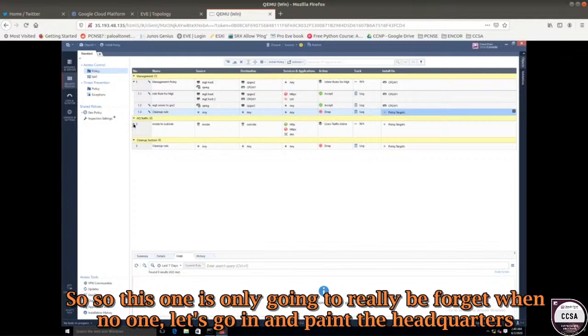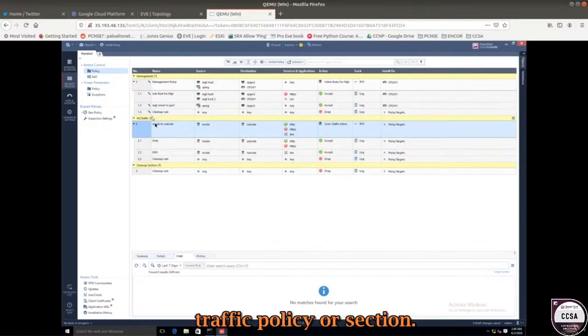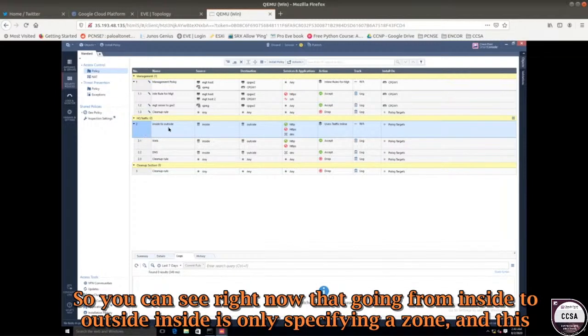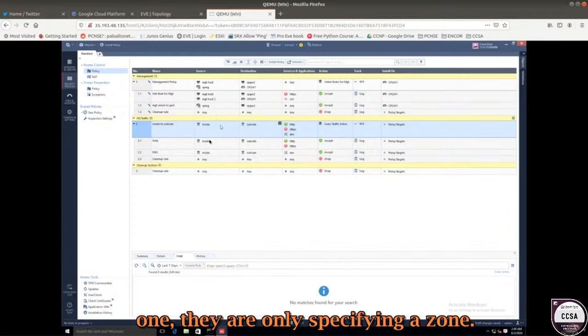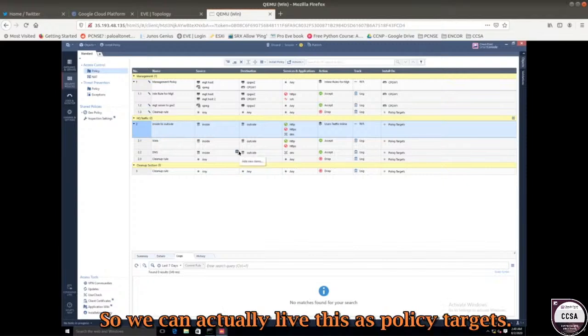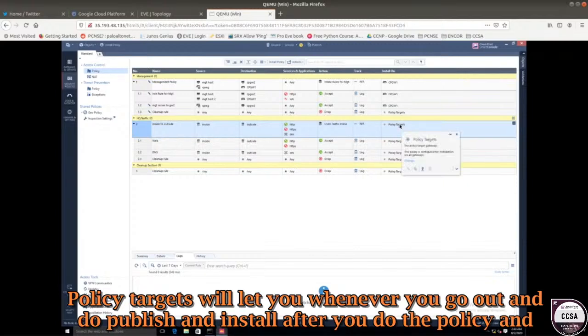Let's go ahead and expand the headquarters traffic policy section. So you can see right now, going from inside to outside, inside it is only specifying a zone, and this one is only specifying a zone. So we can actually leave this as policy targets. Policy targets will let you, whenever you publish and install,